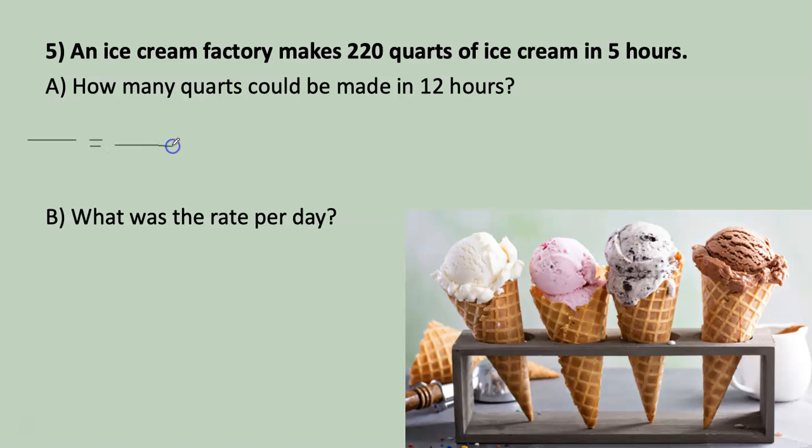One way to recognize this is to just think about the fact that you have a rate, 220 quarts per 5 hours. So you could put that rate over here. And then if you can create another rate that's equivalent to it, quarts in hours, you can use a proportion